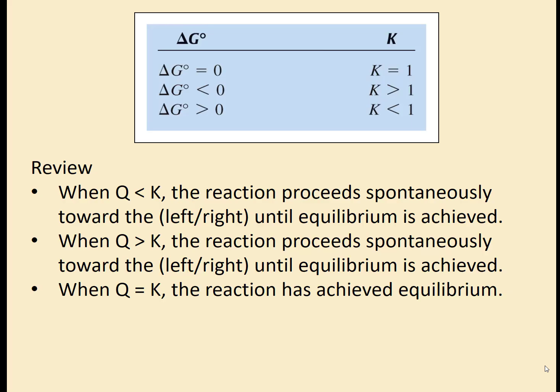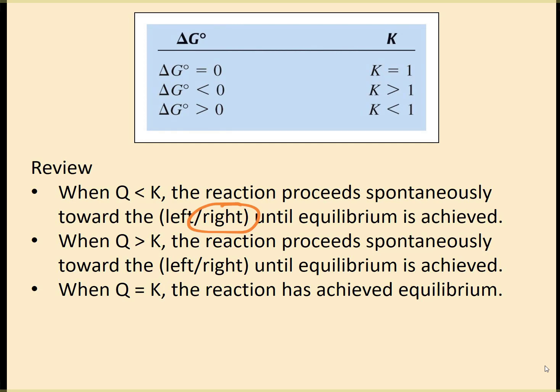Just a review of equilibrium. When Q is less than K, so this would be an experimental data to see if we're at equilibrium, when your Q is smaller than your equilibrium constant, then the reaction will proceed spontaneously towards the right until the